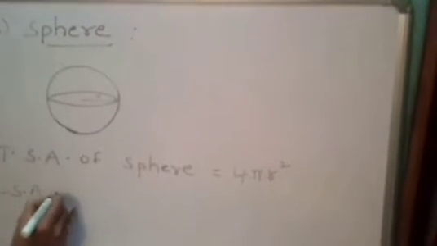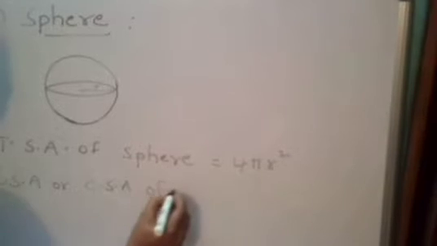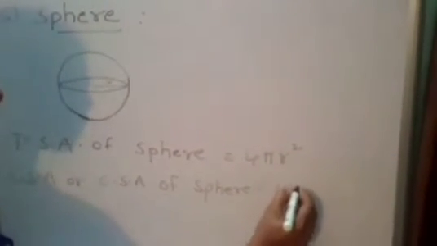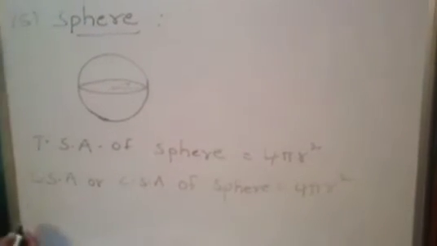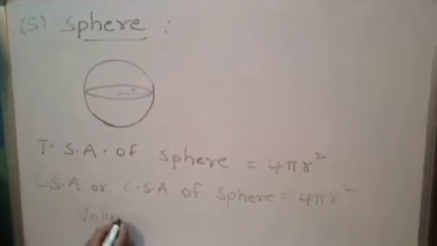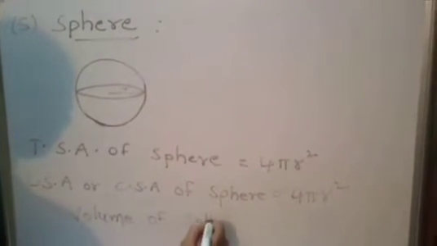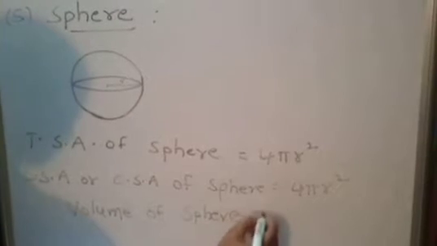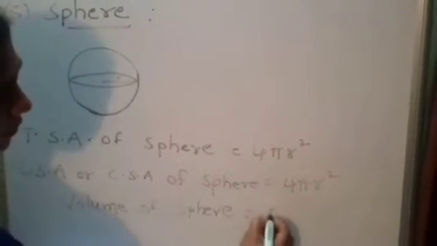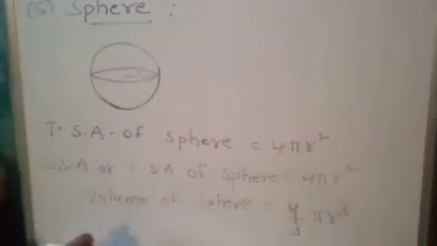Lateral surface area or curved surface area of sphere equals 4 pi r square. Volume of sphere equals 4 by 3 pi r cube. And next,